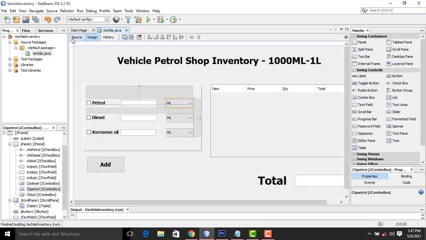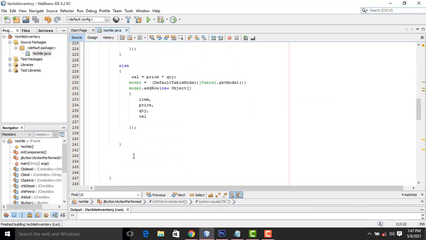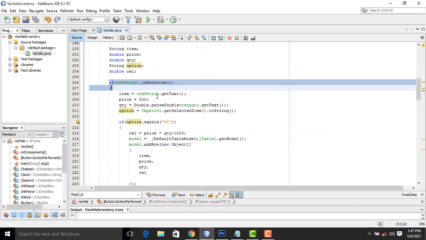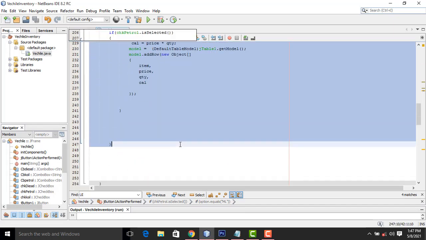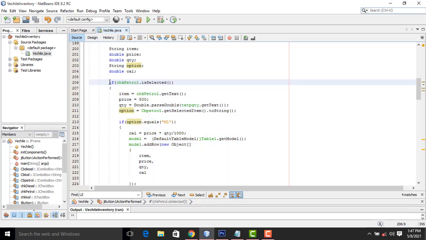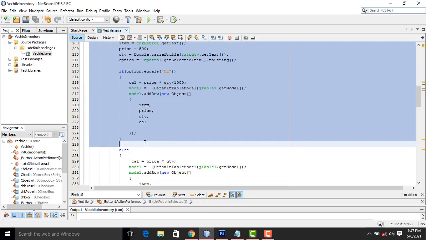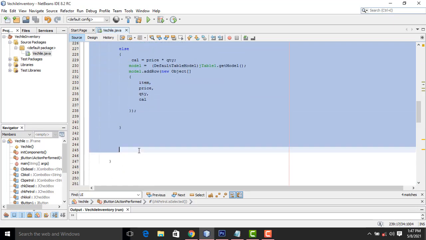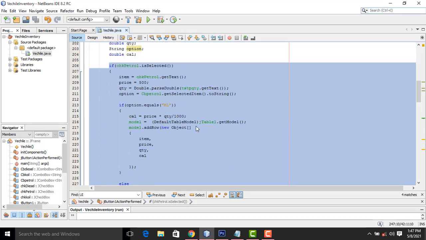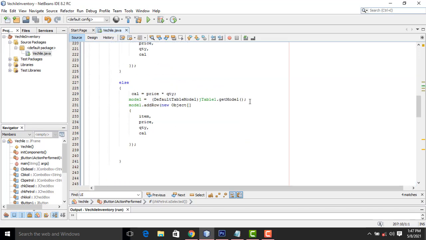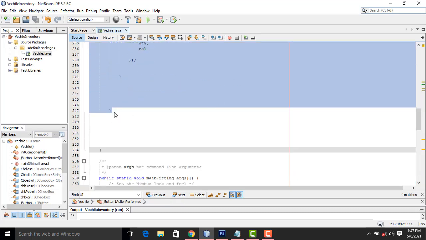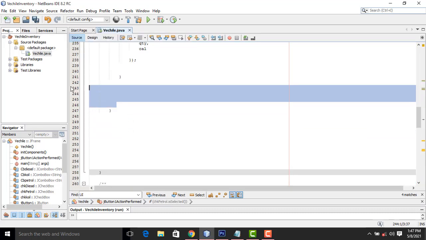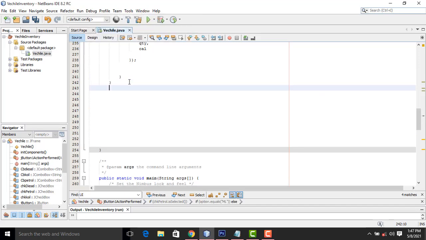Now what I am going to do is the remaining stuff, the same thing. We need not write the same code again and again, we have to copy it. It starts here, this if, and inside it is set another if. First you must understand the brackets are a must: where the bracket is started and where it is closed.